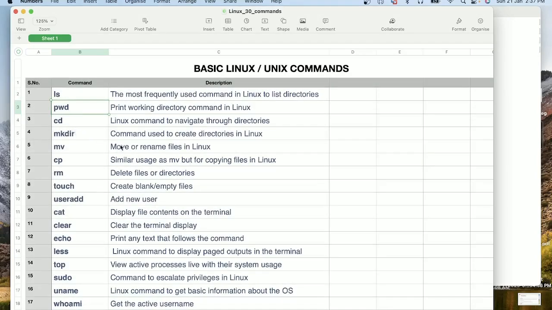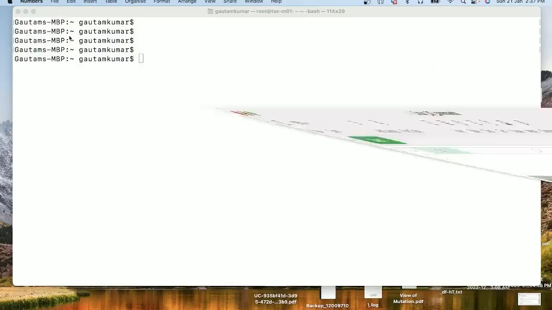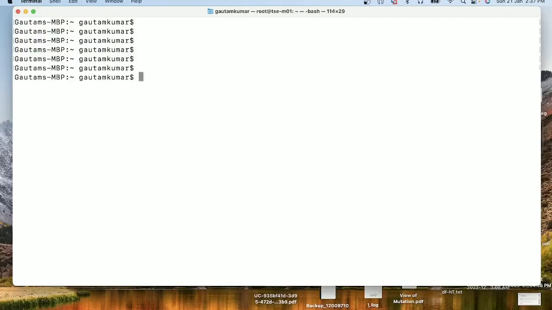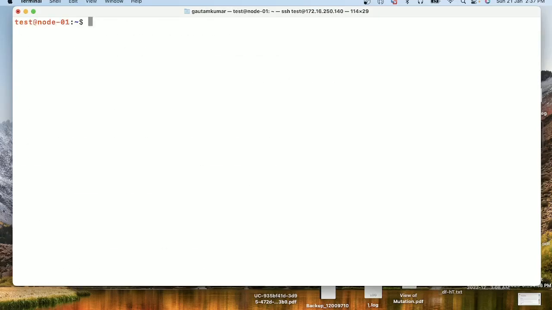So let me open my terminal. Yeah, so this is terminal, and first I will connect my virtual machine. So let me connect my virtual machine. Yeah, so this is my Linux virtual machine, Ubuntu distribution. So if you see in Excel,